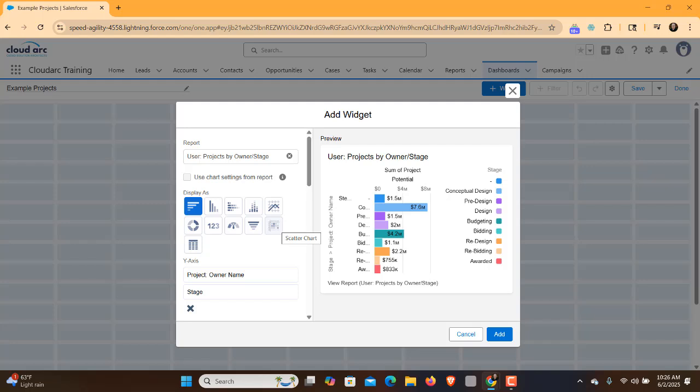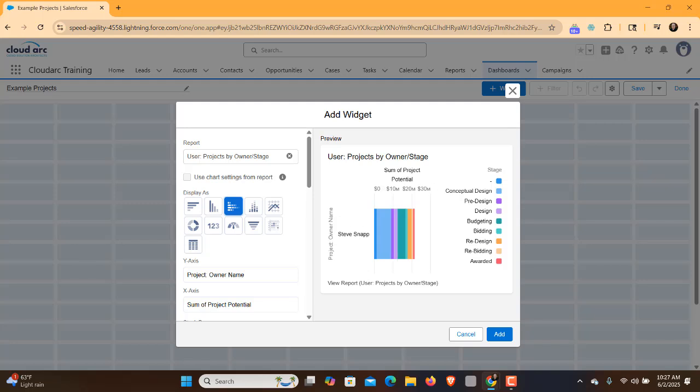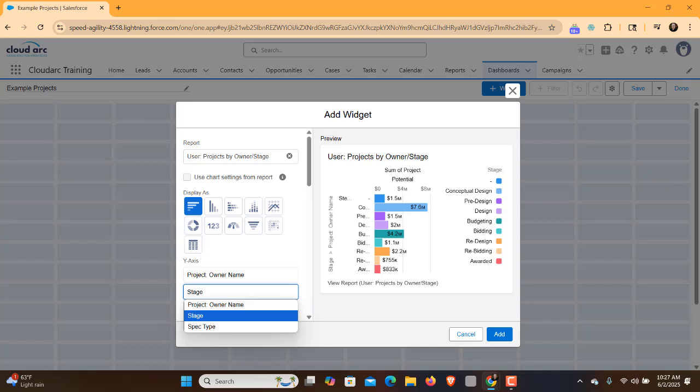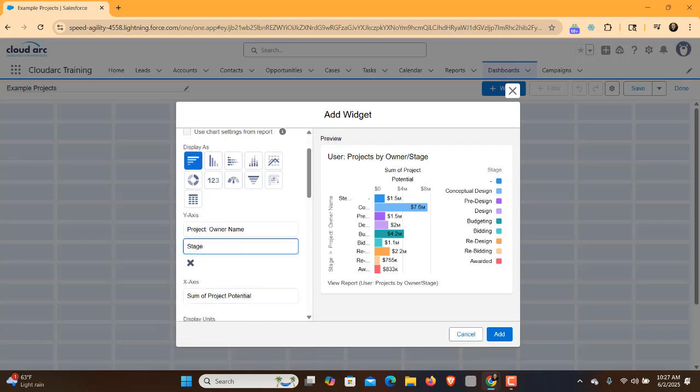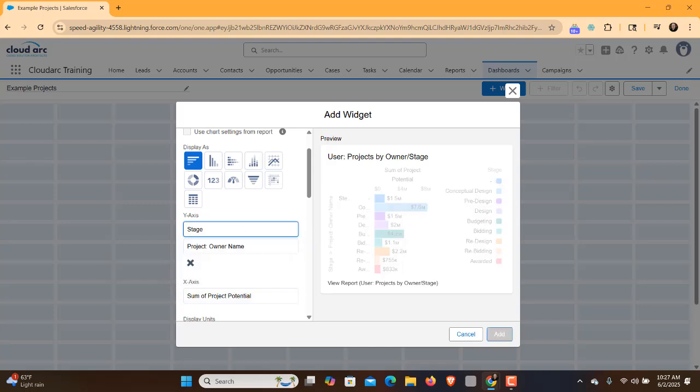So in this particular example, the horizontal chart is the first one that you choose. And you'll notice there's a horizontal and a horizontal stacked. Now, the difference is horizontal just allows you to select one option. So in this example, I can select from my three groupings. Remember, I did owner, stage, and type. So if I wanted this bar chart to show by stage, I could do that. And I can change that to stage, or I can change it to,